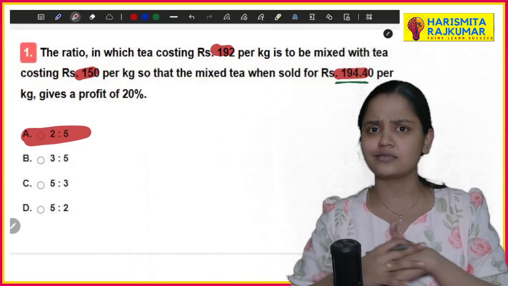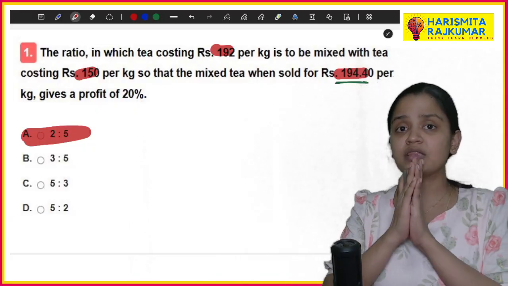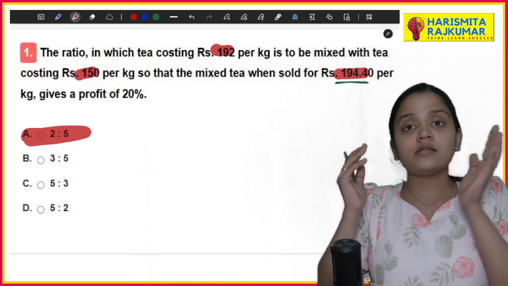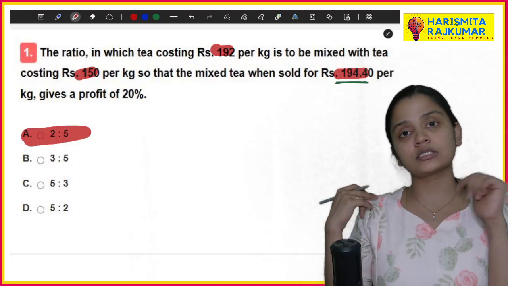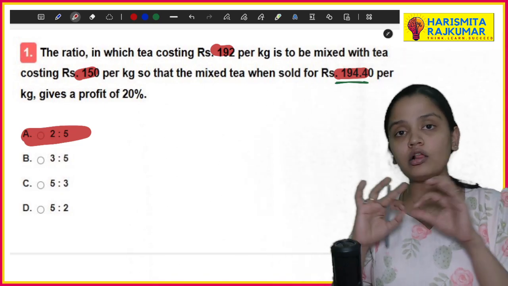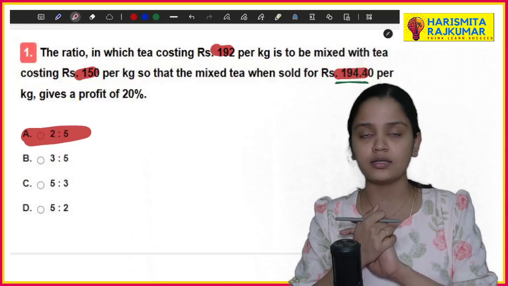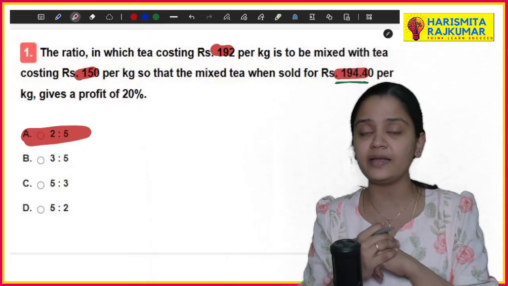Okay, I guess it's exceeding more than 10 minutes, so let's wrap up the session with one sum today. We'll have 3 parts, in which in the next part I'll wrap up. I'll do 15 minutes, so I'll finish all the important concepts. You'll be having at least 30-40 questions. Let's see how much we'll be able to complete.